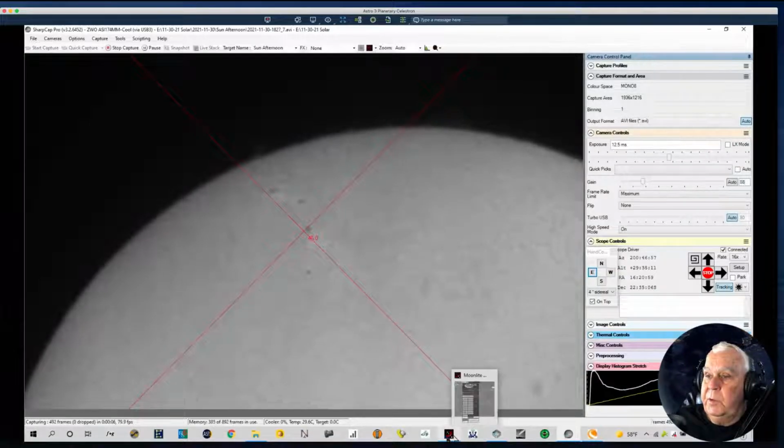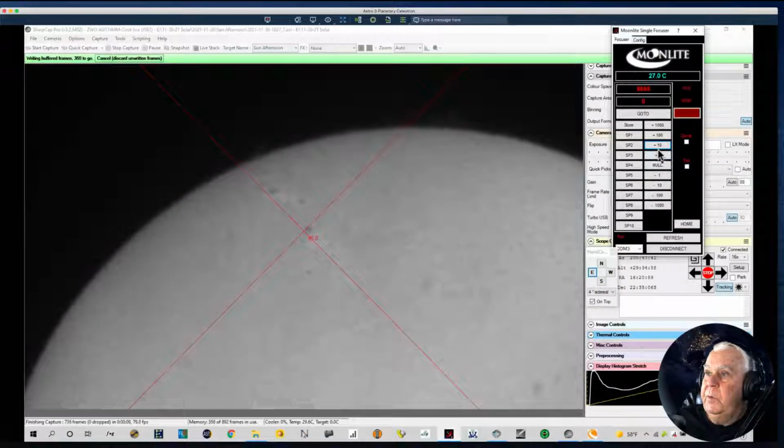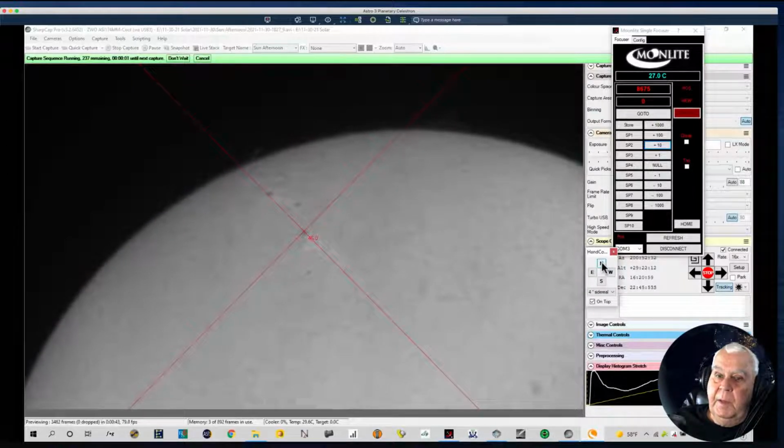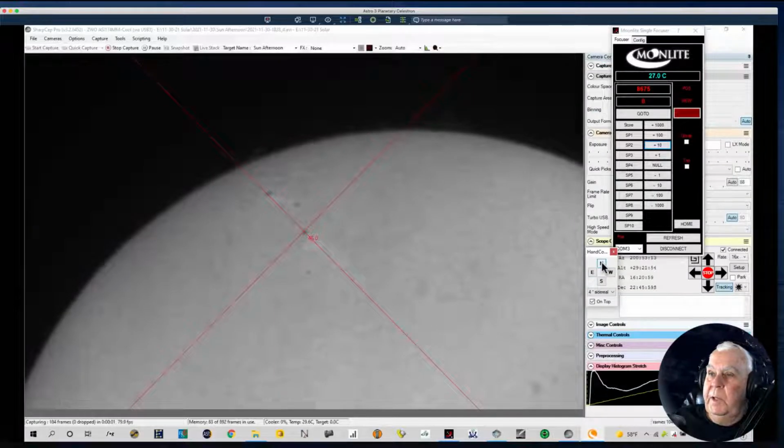I'll bring up my focuser and see if we can improve that a little bit. Let's move 10 steps out, and I think that helps some. We may need to move north just a little bit again, and east. Not wanting to move. Okay, but we're getting some